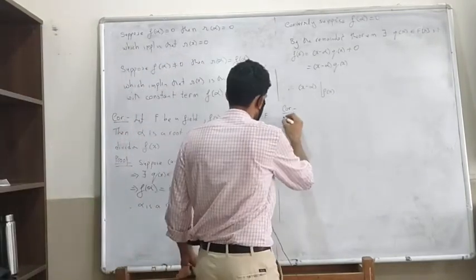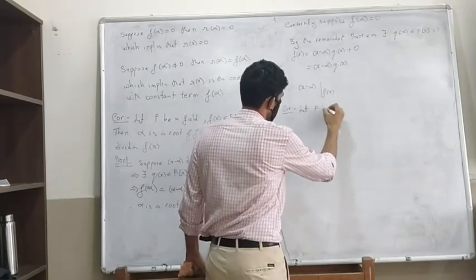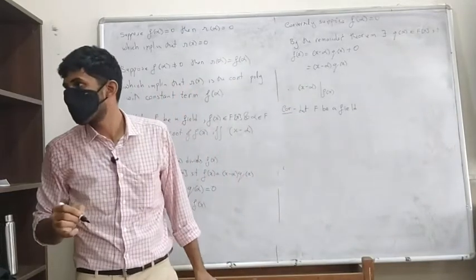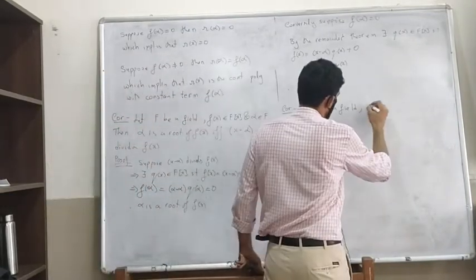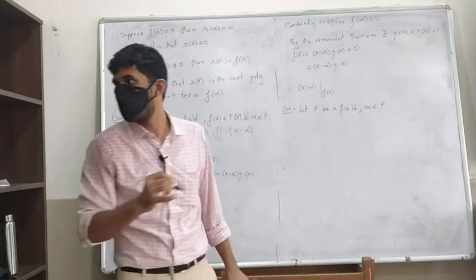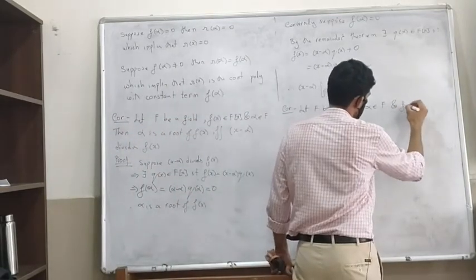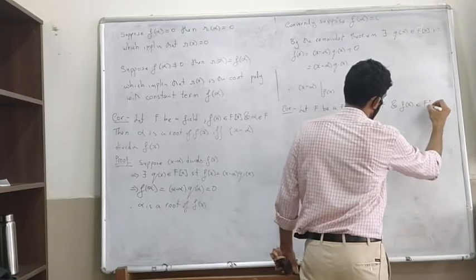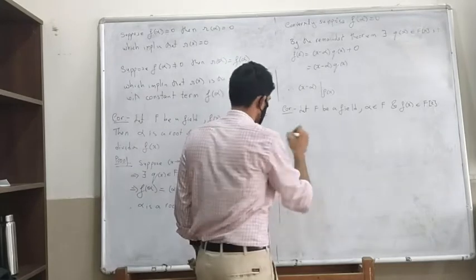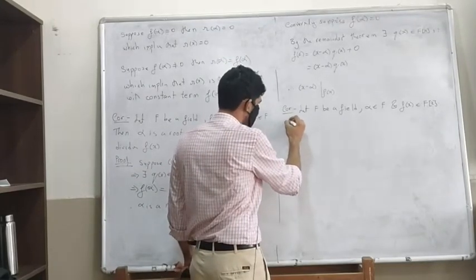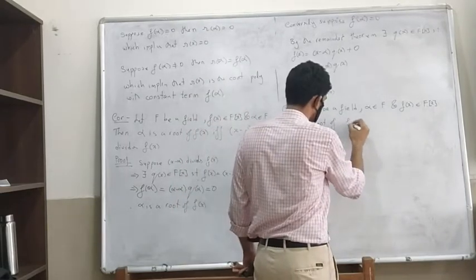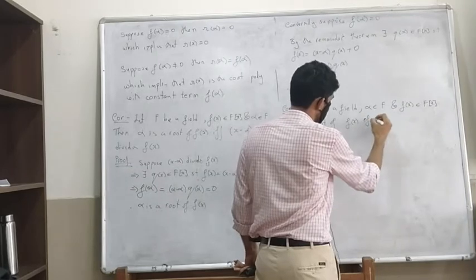So let F be a field, alpha be an element in F, and f of x be some polynomial in F[x]. Okay, then alpha is a root of f of x of multiplicity m